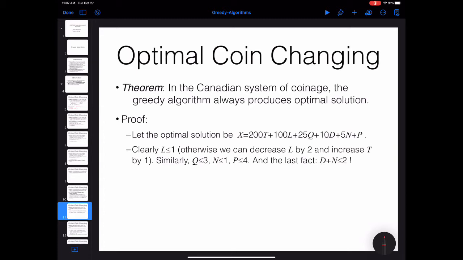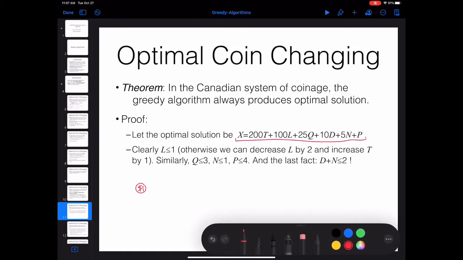So assume that I know the optimal answer for changing X using this coin system. There are actually a couple of facts that I can draw. The first thing is that in the optimal solution that you have, the number of loonies that you will use is going to be less than 2. You cannot have 2 loonies in your optimal answer. And what is the reason? The reason is that if you are going to use 2 loonies,